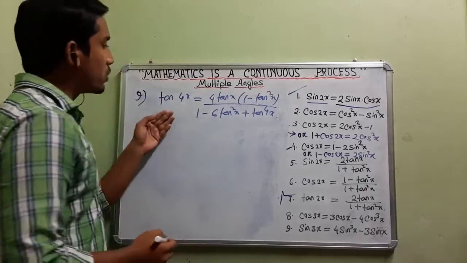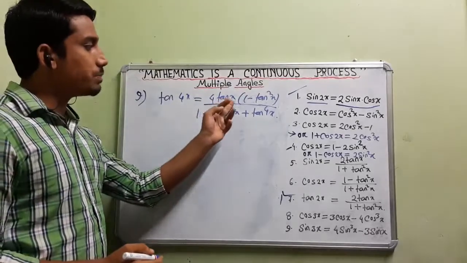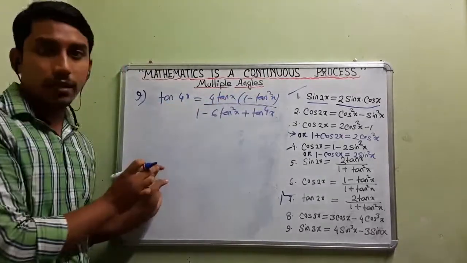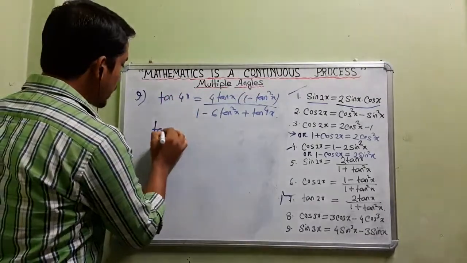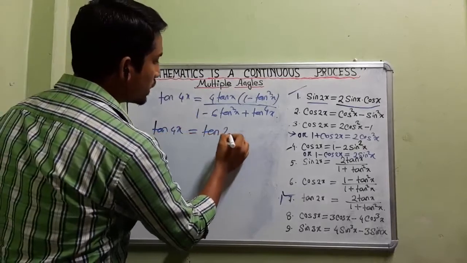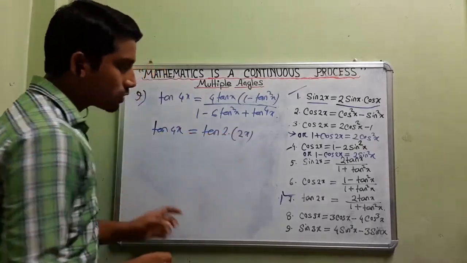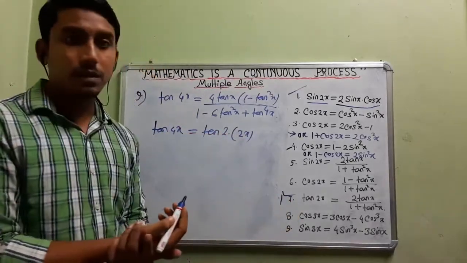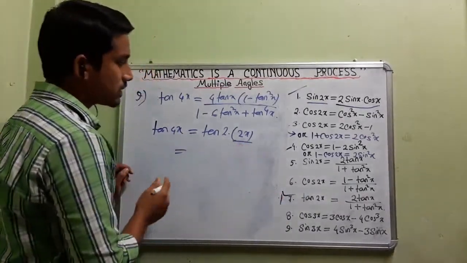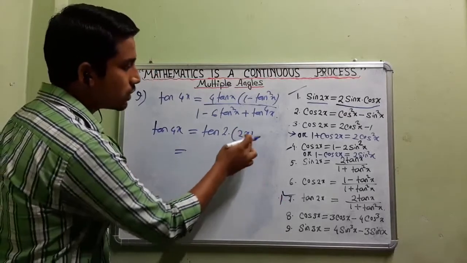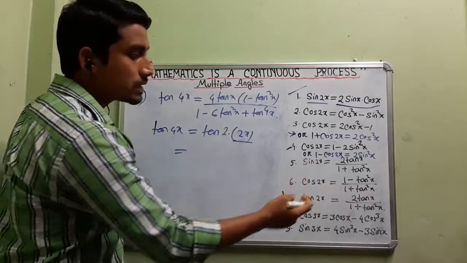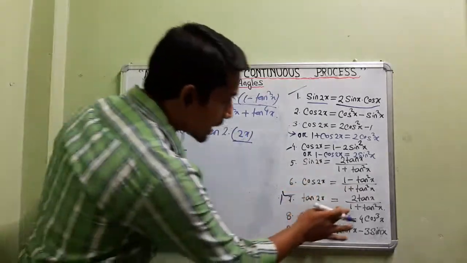Again we will go from this part, because these are the simple angles. Tan x, all the things are x only. But here we have tan 4x. So if I start with tan 4x, again it is a multiple of 2, so we can write tan 2 into 2x. Just follow the formula for tan 2x. Already I have given number 7, the tan 2x formula. Think of this whole thing as x, tan 2x. So just put the formula. What is the formula? Tan 2x equals 2 tan x divided by 1 minus tan square x.